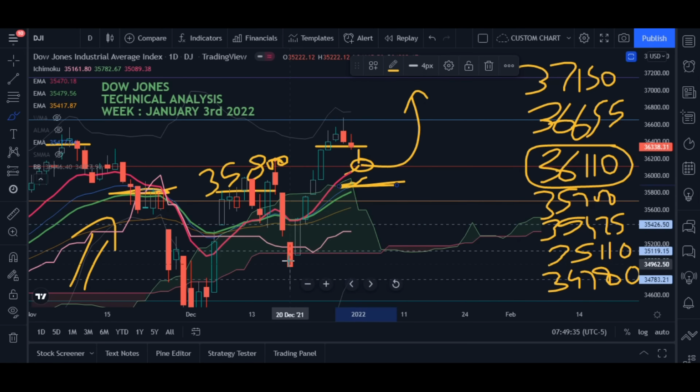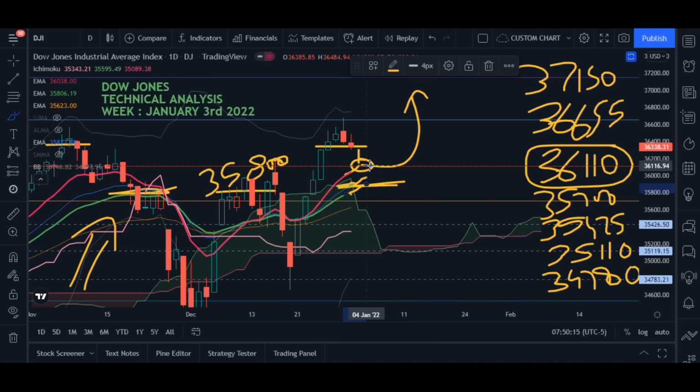Intraday means, for example, just look into this candle. If you look into this candle, it came down here and then it retraced, and then finally it closed here. So this happened intraday. This is what I'm talking about here. It is expected to come down here intraday, or maybe it will find some support here too. So there is very heavy support around 35,800. It will come down and then it will retrace intraday.